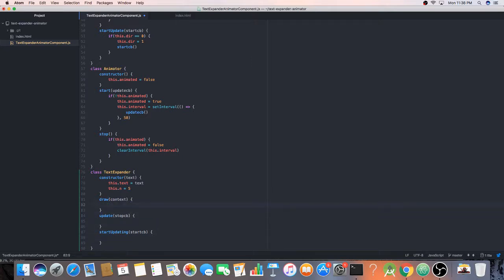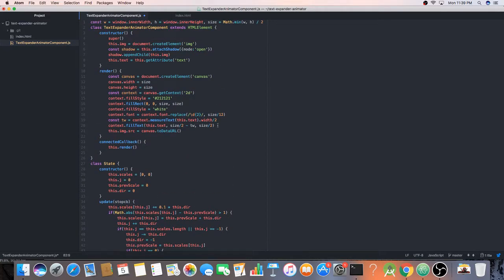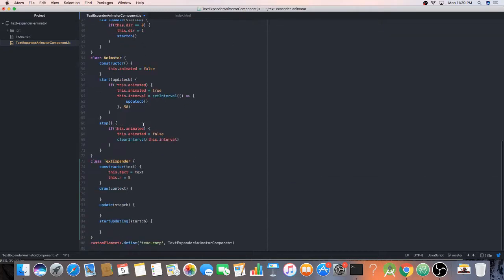Now if you remember, we had some logic to draw text in the web component. So I'm going to copy this out, in fact cut this out, and paste it over here. So before pasting, let's create a for loop to draw the clones of this text. I say i less than this dot n and i plus plus. Now let's paste the code,